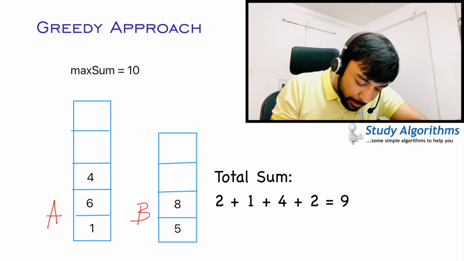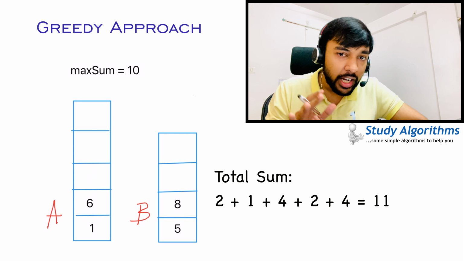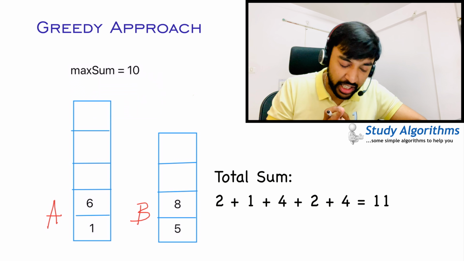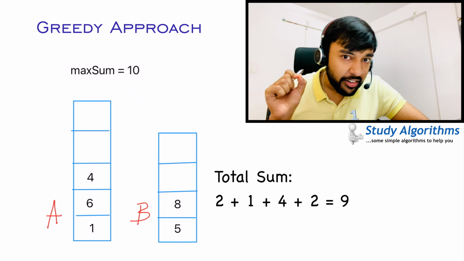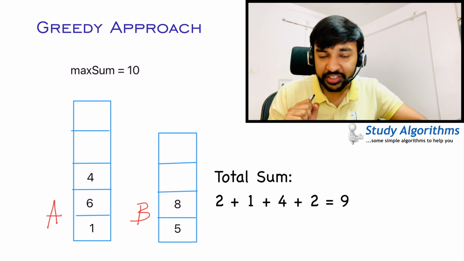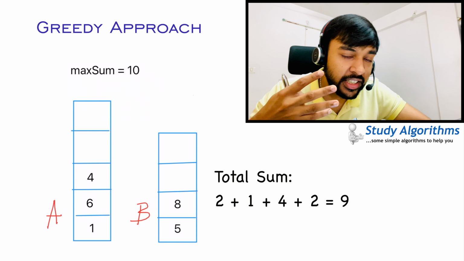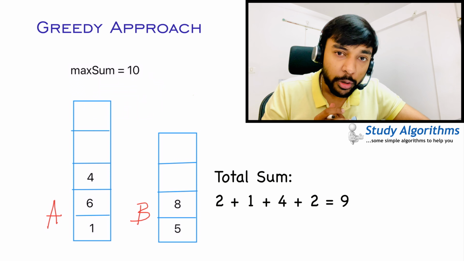I can again compare 4 and 8. This time, as soon as I try to pop out 4, the sum now becomes more than the maximum sum, right? That means you can just stop over here. And you didn't have to pop 4 from the original stack, right? So you see, we were able to pop 4 elements. And hey, that matches your test case. Did I get the maximum score possible?